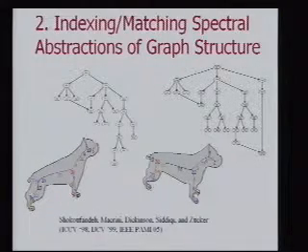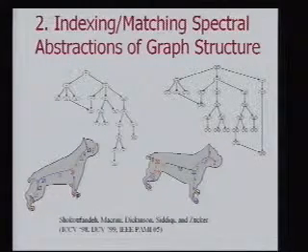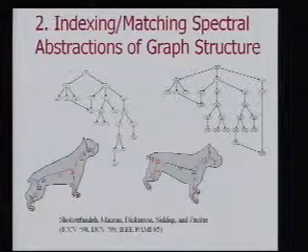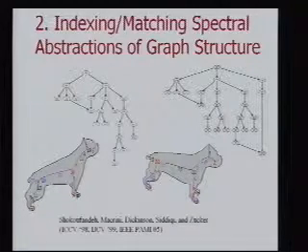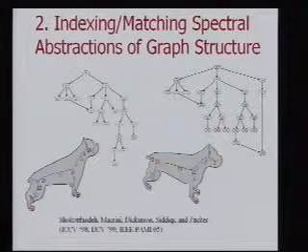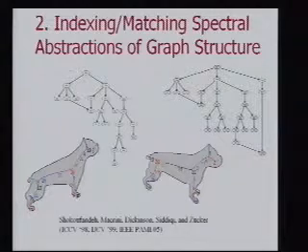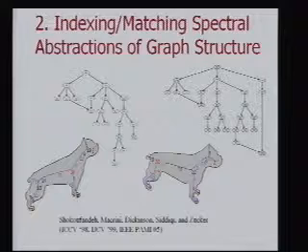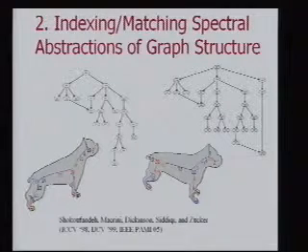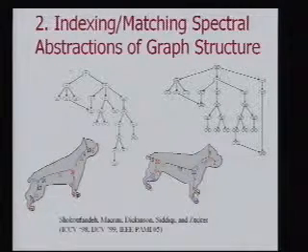Okay, so let's look at the next problem. This is the shock graphs, and I said, you recall, the 4-leg structure is one subgraph. The 4-leg structure is a subgraph over here. There may not be any node-to-node correspondence, and we need to find some kind of similarity between these 2 structures at some higher level without getting too pinned down with the exact structure of the graph.